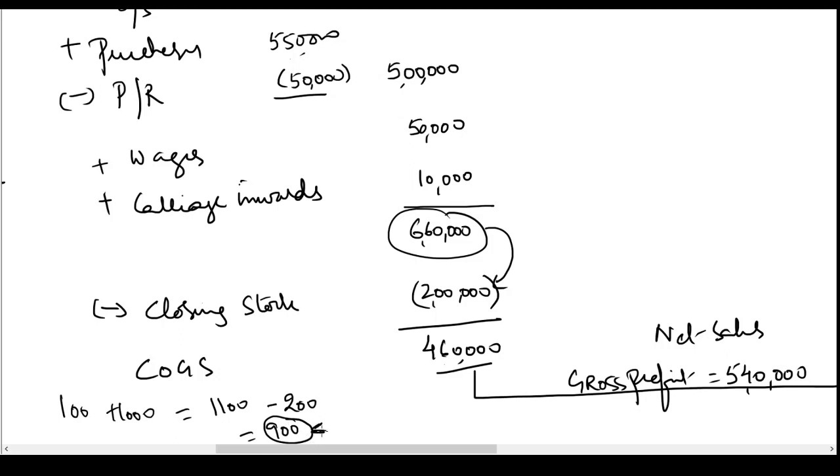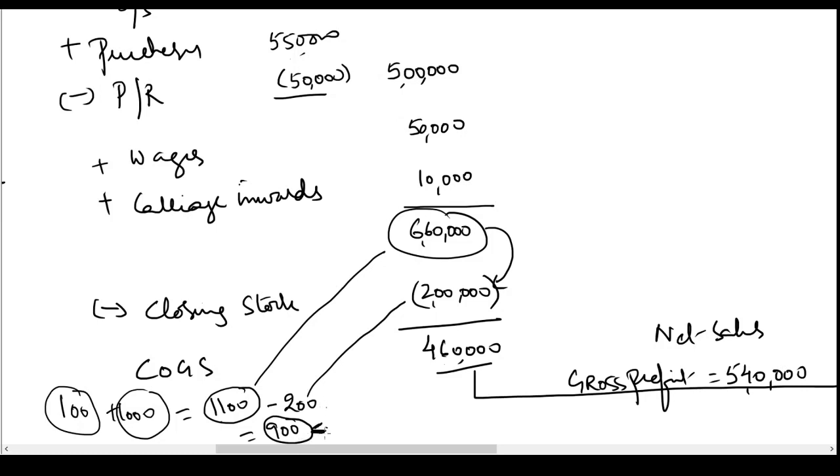To arrive at the cost of these goods, out of the cost incurred for the goods which were available during the year, this is the amount. I subtract the value of the goods which is unsold at the end of the year to arrive at the cost of the goods which have been sold. I am again explaining, I had 100 units at the beginning of the year. I purchased 1000 units during the year. So at the end of the year I should have 1100 units left. But I am left with only 200 units. So I have sold 900 units.